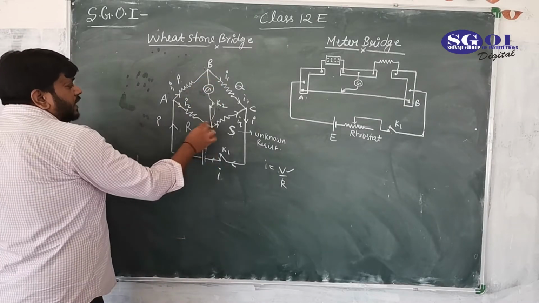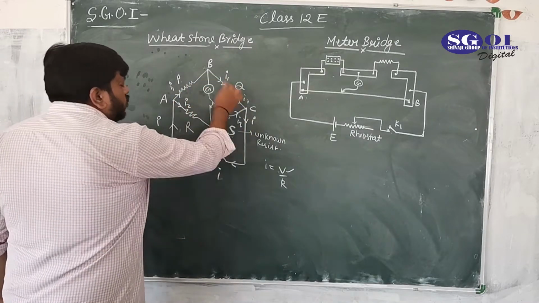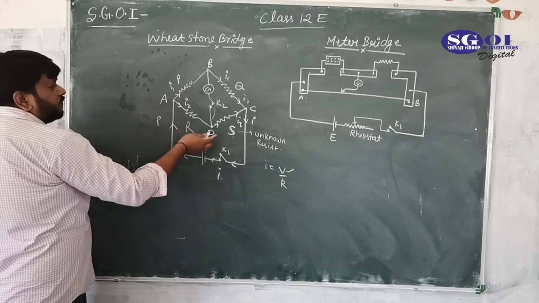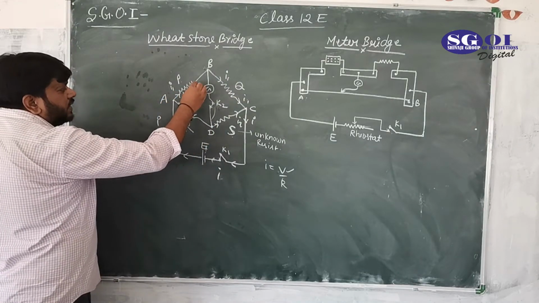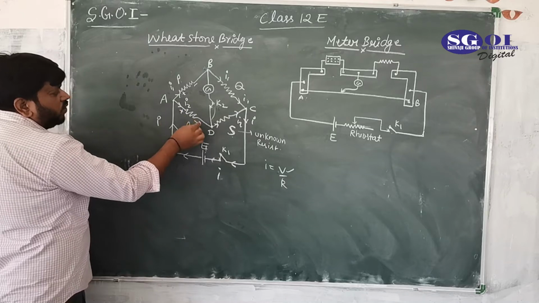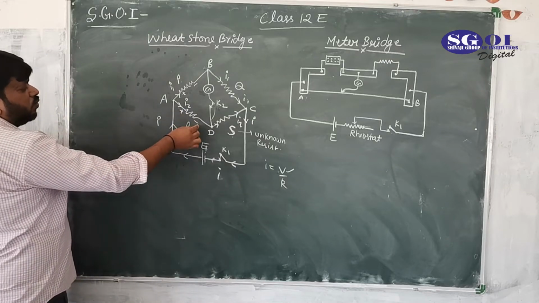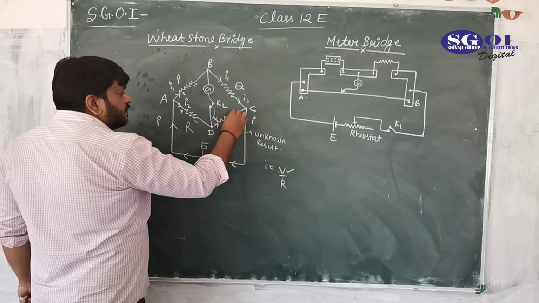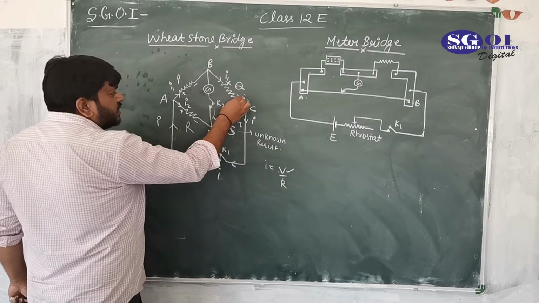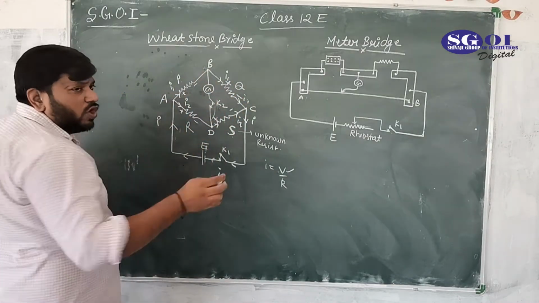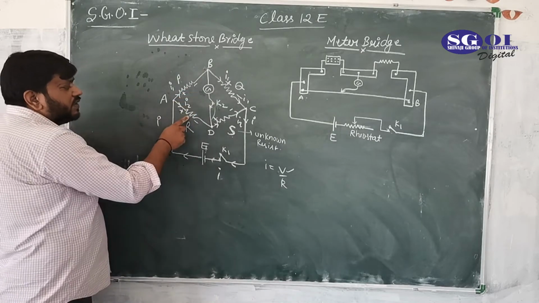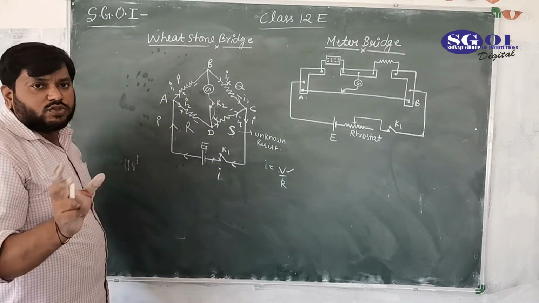Okay. Now we will apply KVL in this closed loop and in this closed loop. So we have two equations. First define the polarity. This is plus, this is minus. This is plus, this is minus. Current is going from here to here, high potential to low potential. We have current, this is plus, this is minus, this is plus, and this is minus. Apply KVL. There are only two voltages. First one is this, second one is this. There is no voltage drop, there is no potential difference.